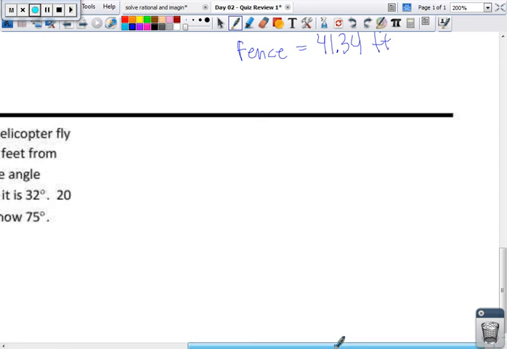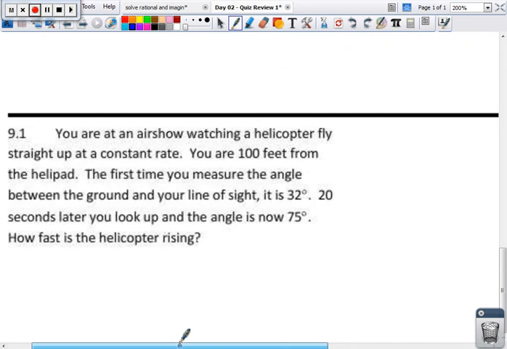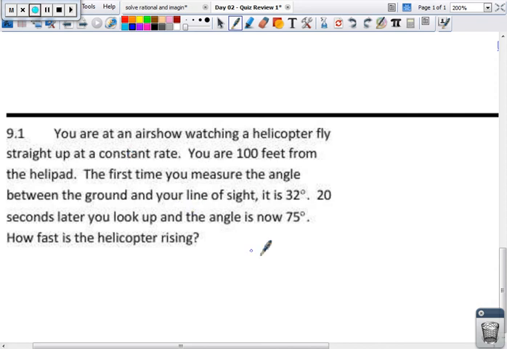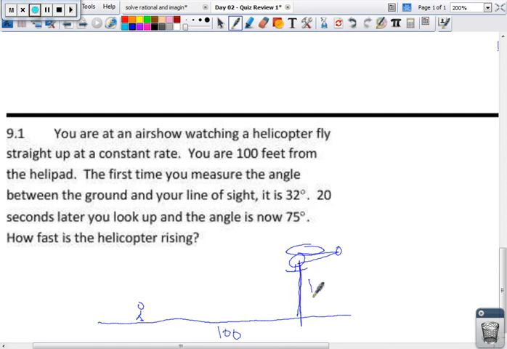Okay, and our last fabulous one, you're watching a helicopter fly straight up. So if this is your helicopter, it's going straight up. Here's your helicopter. Here are you. You are 100 feet from the helicopter. And you are on the ground, by the way. So if this is your ground, there's a bump. You are 100 feet from directly below the helicopter. So neglecting your little eye heights, this is going to be the initial height of your helicopter,